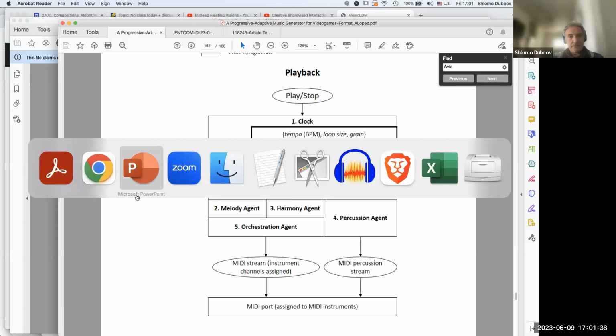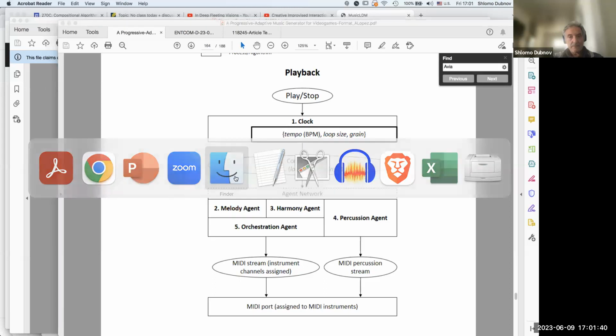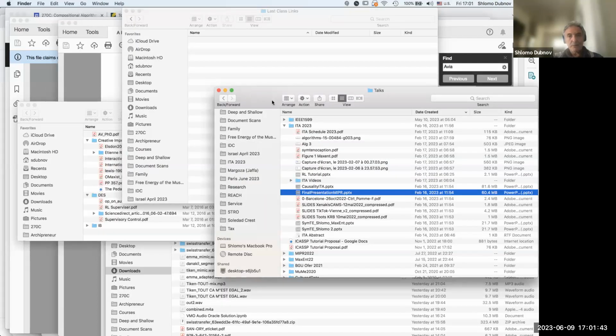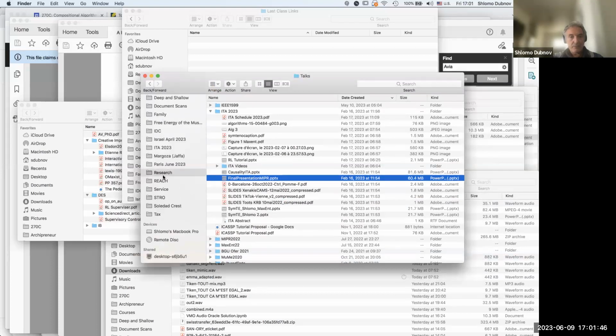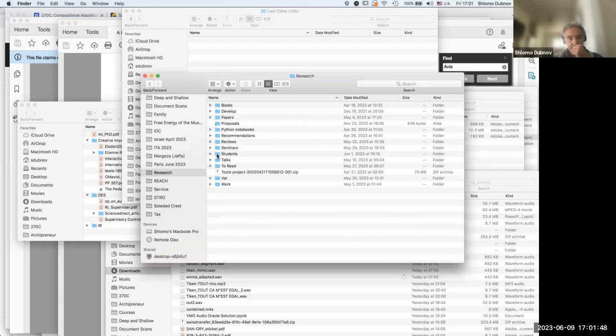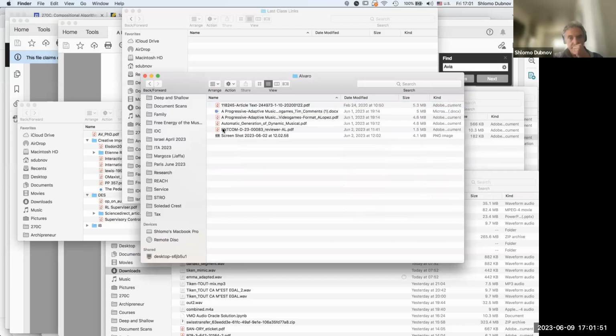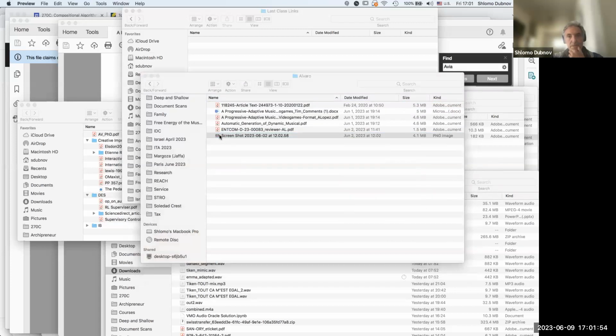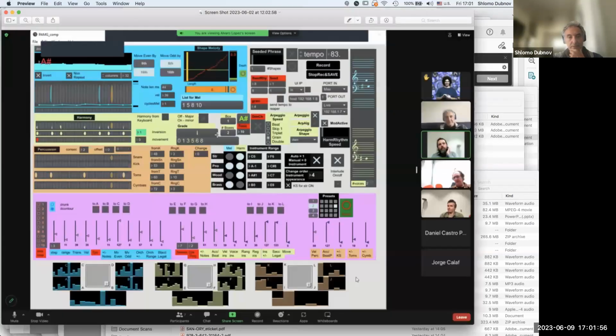And let me see if I have his. Actually, I had in mind to show one aspect of this. So this is just an example. Where's that sketch? Yeah, this is how his interface looks. You can see that you have these different agents. There's a rhythmic agent, and something that's responsible for tempo. You have a harmony agent, you have the melodic line, the shape of the melody here, you have harmony here, and they're all modeled